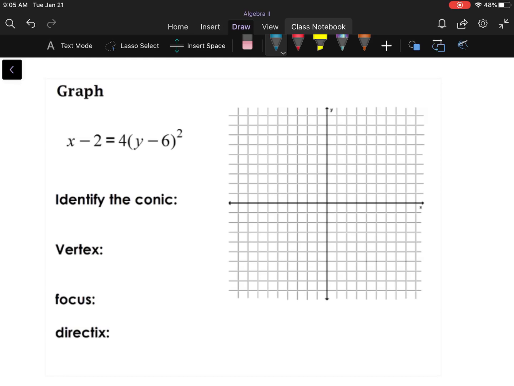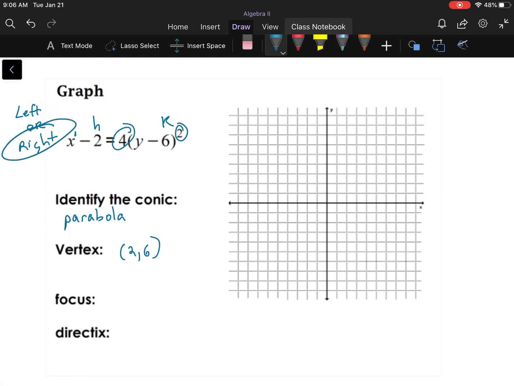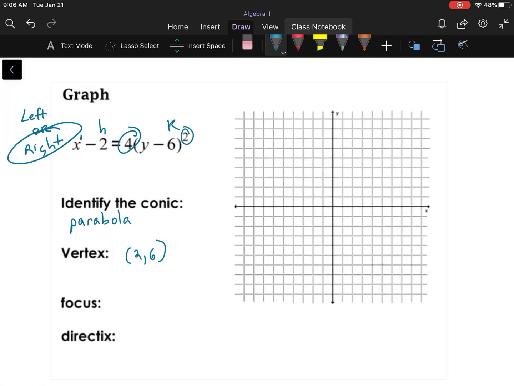Okay, again, it is a parabola. How do I know that? Because x is to the first power and y is being squared. Yep, that's your h, that's still your k, so my vertex is at 2, 6. Because x is to the first power and y is the one that's being squared, it is either going to open up to the left or right. But since this is positive, I know it's going to open up to the right. So when I go over to my 2 and 6, so 1, 2, 3, 4, 5, 6,